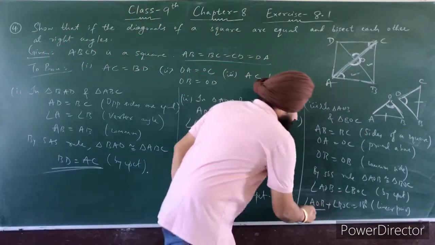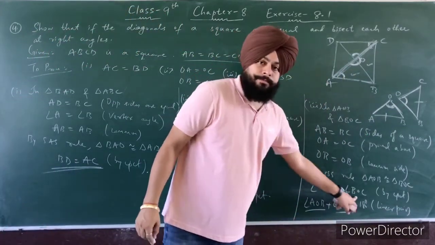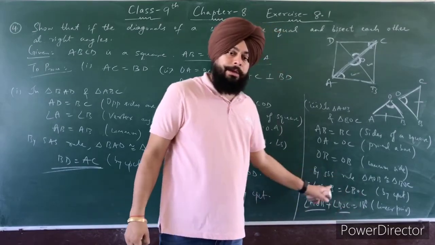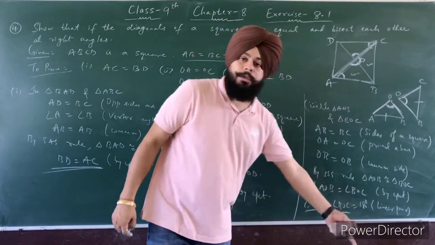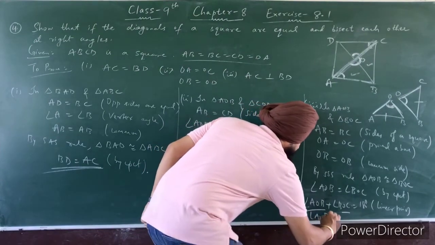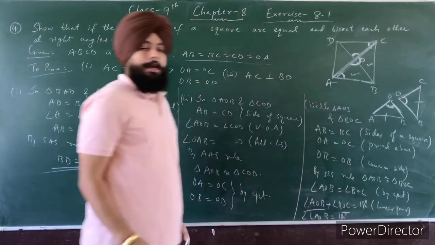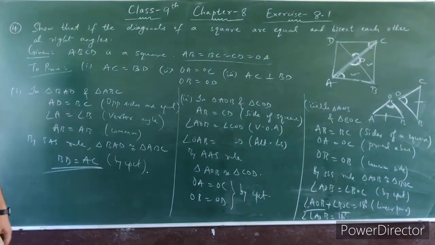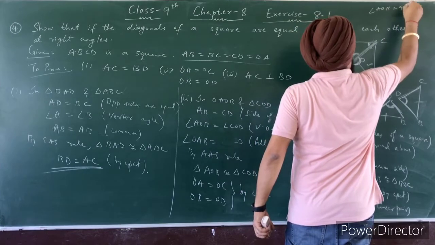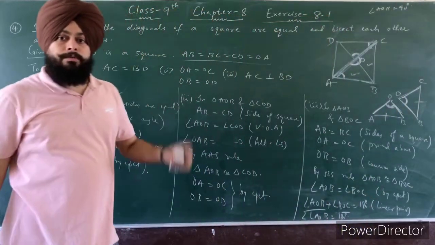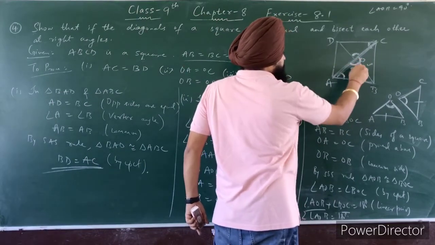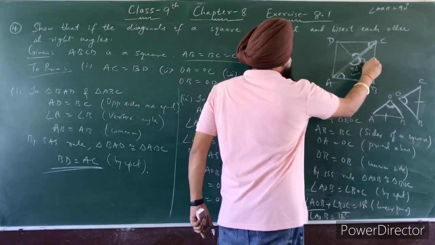Now we know angle AOB is equal to angle BOC. So you can write here angle BOC as angle AOB. So angle AOB plus angle AOB, 2 times. So what is the answer? 2 times angle AOB is equal to 180 degrees. So what is the measure of angle AOB? Right here, angle AOB is equal to 90 degrees, because 180 by 2 is 90. It means the measure of this angle is 90 degrees. Then what? This angle also measures 90 degrees.